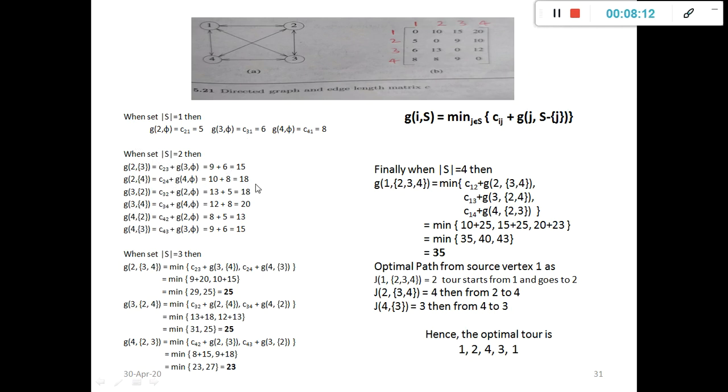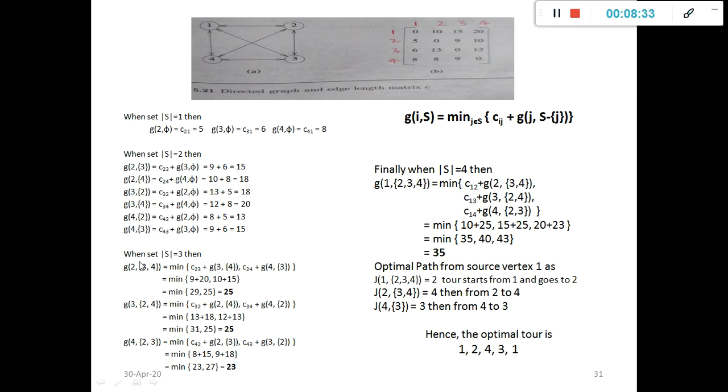Also you have to verify that we are using the last value as S minus J. That is nothing but the two vertices we are using every time to calculate the formula, 2 to 3, and the remaining vertex 3 we include, then don't include the remaining vertex 2, as per the formula S minus J.